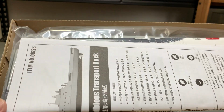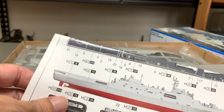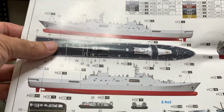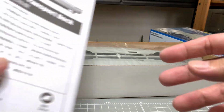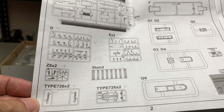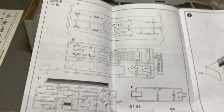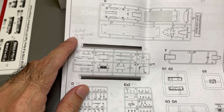For this kit, these are the instruction manuals, and this is the color guide. I think this kit is not going to be so complicated. There is a 350 scale kit for this, but I believe it has like 800 parts. For this particular kit, I have actually counted the parts, and there are about 112 parts for the ship,